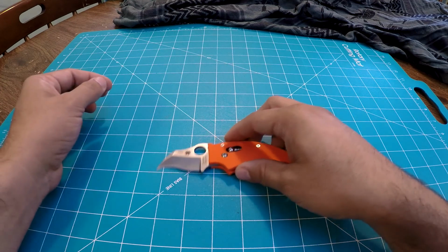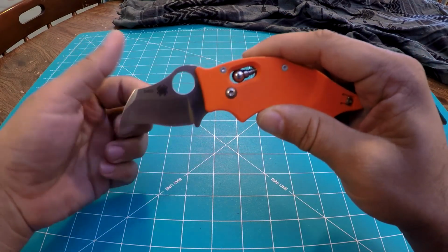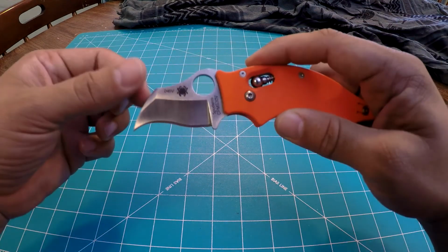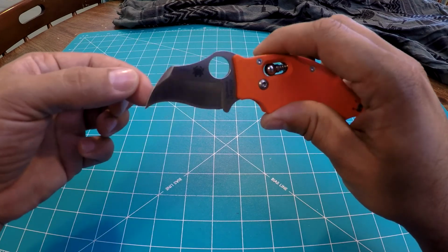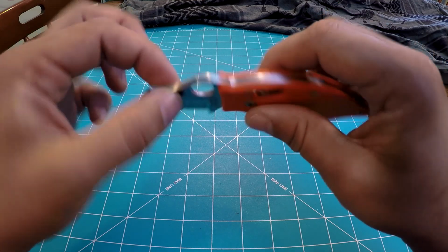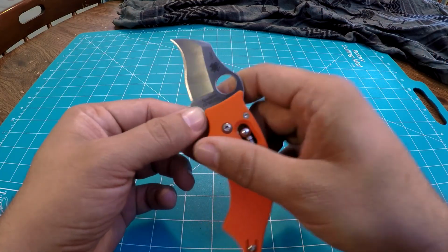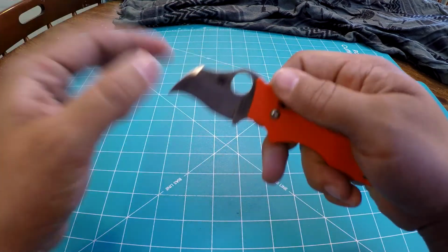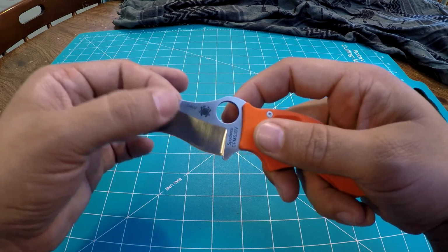Unique profile. So now looking at the blade, we have this awesome S-curve blade, or like a ripper blade. It is a hollow grind. It has a nice little swedge at the tip. It is a fairly thick blade stock. You can see the Spyderco CPM S30V branding there. Spyderco logo, Spyderco opening hole. There's this